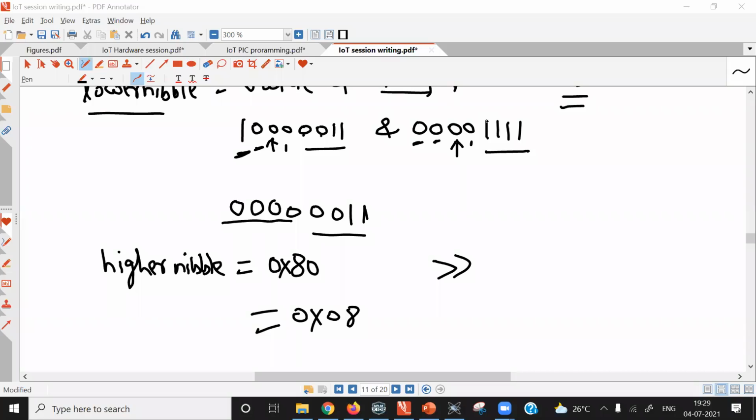Is it possible to program with PICkit 3 without using the development board? Yes, possible. What you need to do is put your 40-pin microcontroller on a breadboard, and with the help of jumper wires, connect pins of the PICkit 3 to the appropriate pins of the microcontroller. Let me once again show you.